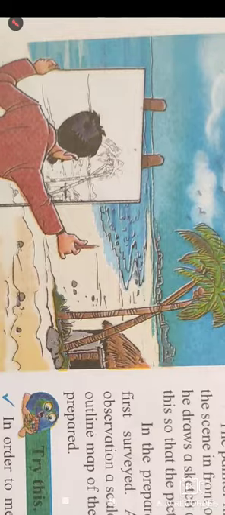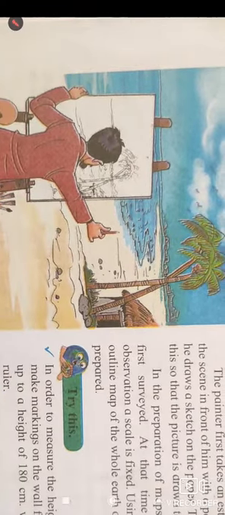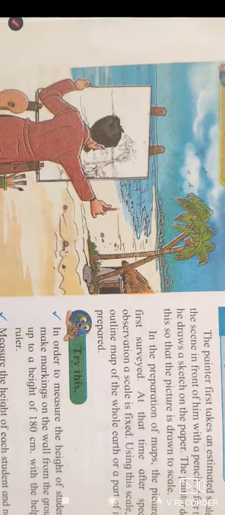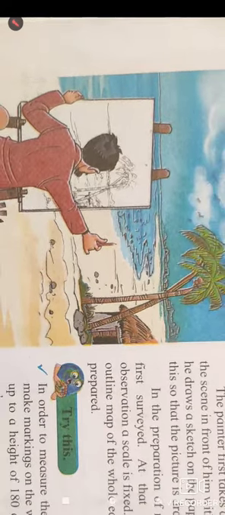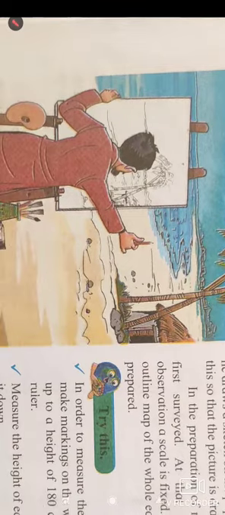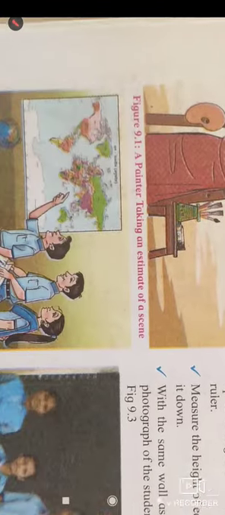Look at this painter who is drawing a painting, which scene he saw in front of him. He draws sketches on the paper, taking a scale with the help of a pencil. Okay, that picture which is shown on the paper is derived from this actual scene. Each and every scale he took with the help of a pencil and drew it on the paper. So let us continue with the reading.